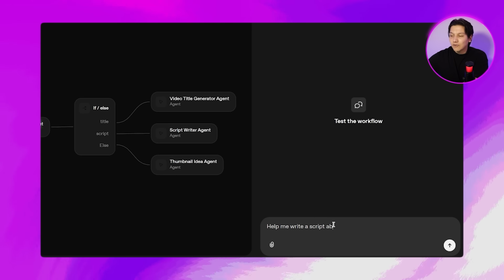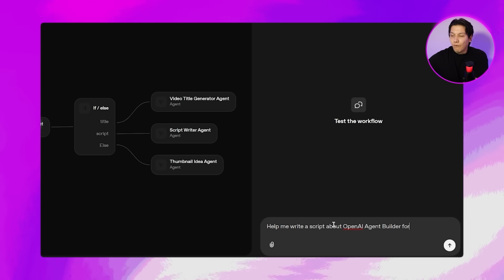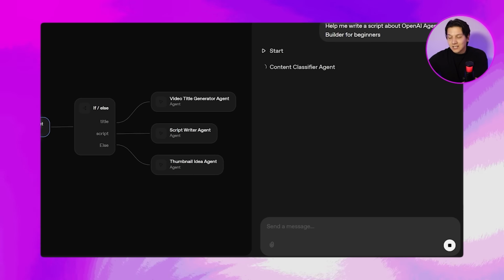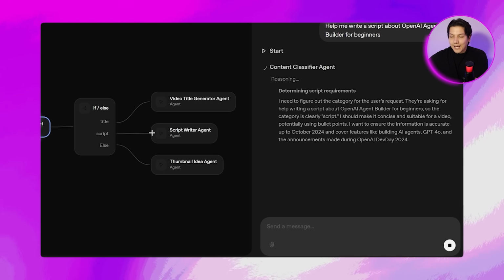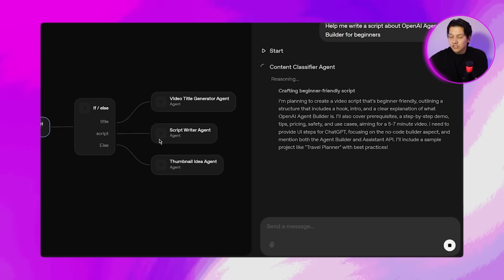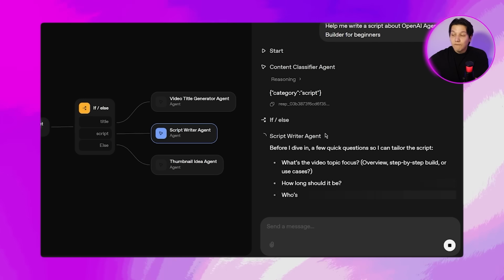Now guys, it is time for us to test out the script writing, so just type in, help me create a script about OpenAI agent builder for beginners. And then guys, as you can see, the classifier determines that this is about scripts and it returns category script. So the if else routes to the script writer agent branch, and then the script writer should first ask you some questions about length, audience, and tone,